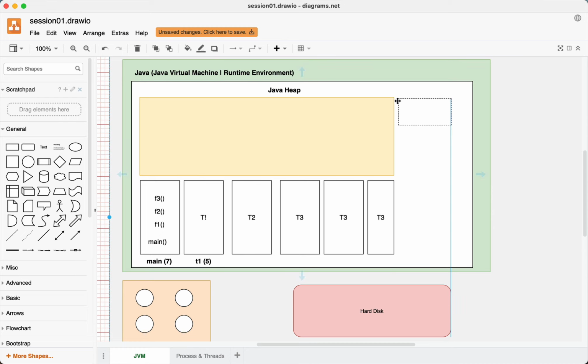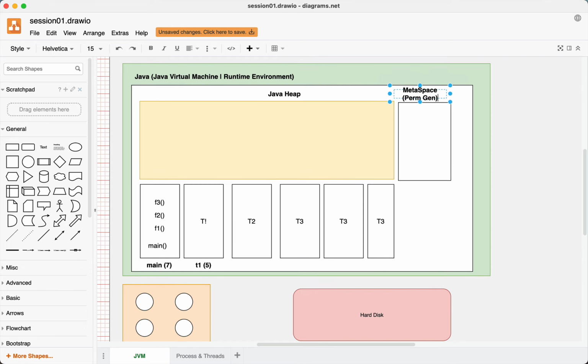But otherwise, you also have another memory pool here, which is the non-heap area, also known, from 1.8 onwards, as metaspace. It was known as permanent generation in earlier versions, prior to Java 1.8. Okay, that's how it is. This is another memory pool. We will talk about this memory pool later. This is also extremely important for you to understand, so that today the stage is set.